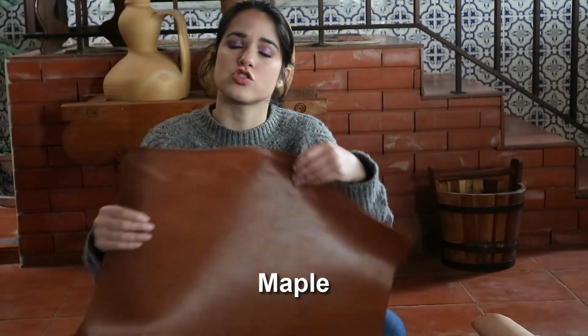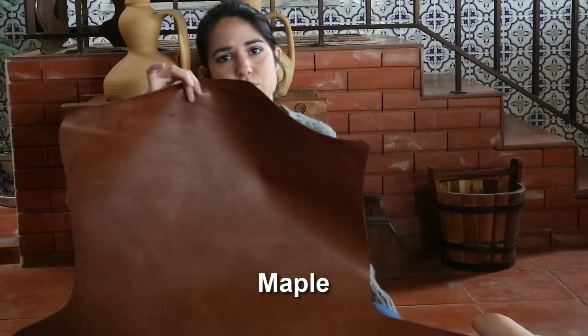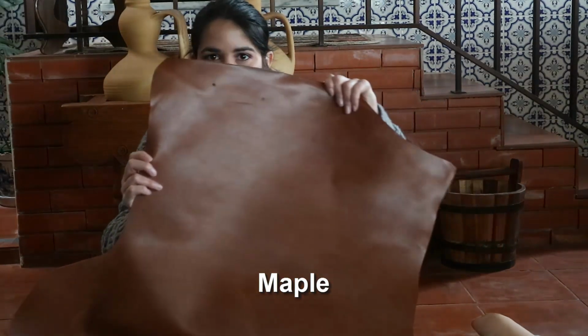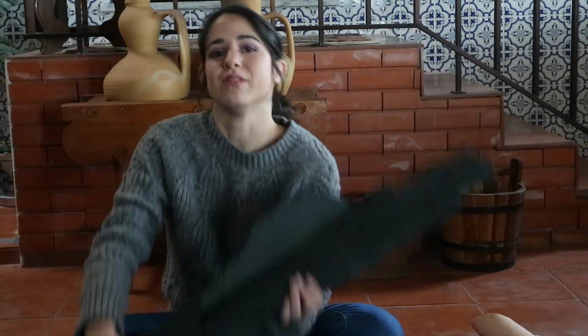It has a bit of structure to it. It's not completely floppy, so it's pliable with structure. As you can see, it has some structure. So yeah, maple is back. Now for the colorful ones, then my more neutral one at the end. So let's start with this beautiful leather